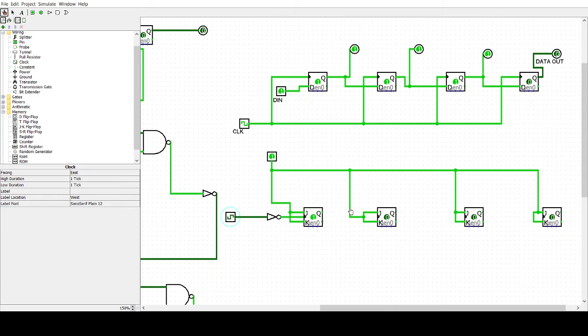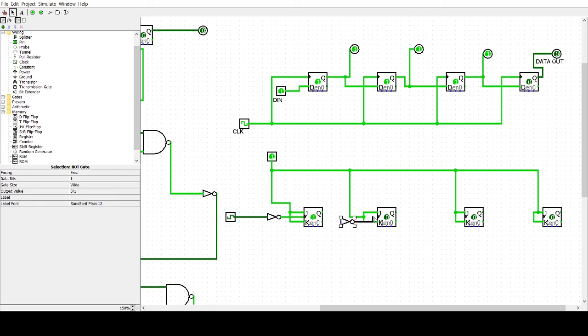Now the output of the first JK should be connected to the second one, but I need to consider only the 1 to 0 transition. Here it is a positive edge clock, it will be considering the 0 to 1 transition. So I will be taking an inverter here, connected.